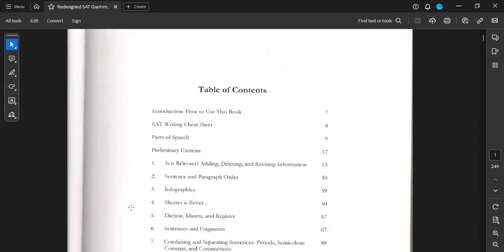And the thing is, reading and writing have now been fused together, right? Prior to this format of the SAT, we had reading separately, writing separately, and now they're fused together. So I will touch relevance and infographics because these are repeated in the new SAT, but